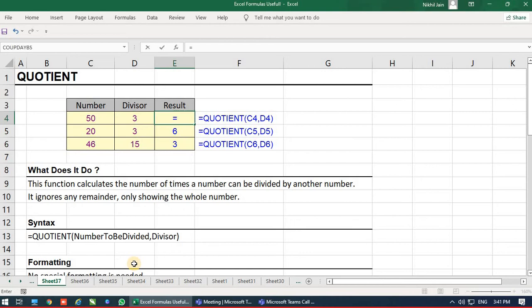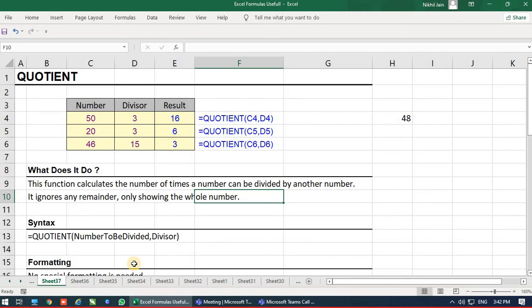So equals to QUOTIENT, bracket open, numerator value 50, denominator 3, bracket close, enter, 16 times. So if I multiply 3 into 16, basically 48 is the answer. What happens about 2? This formula ignores the remainder value, it will only show the whole number.